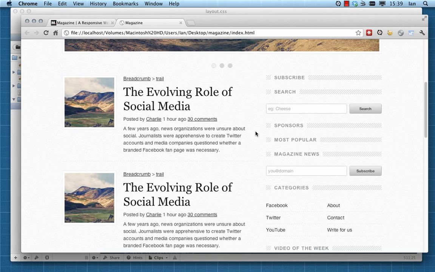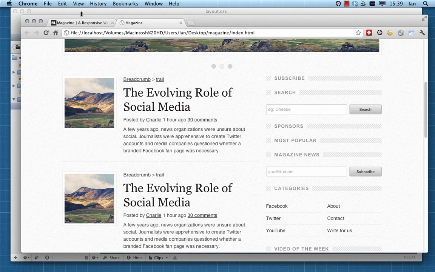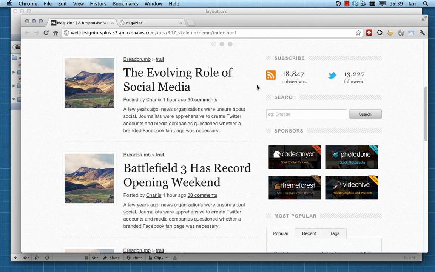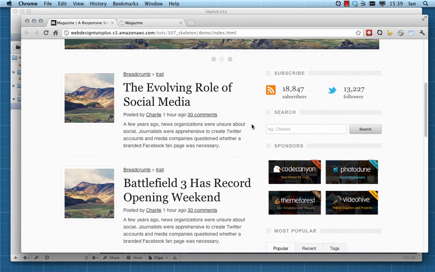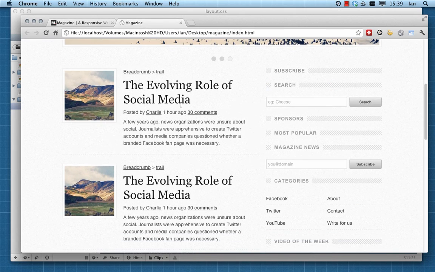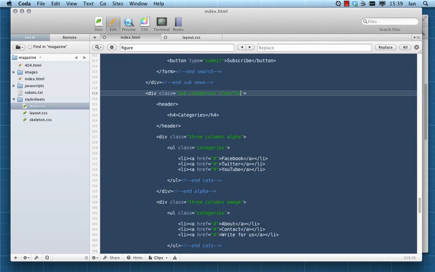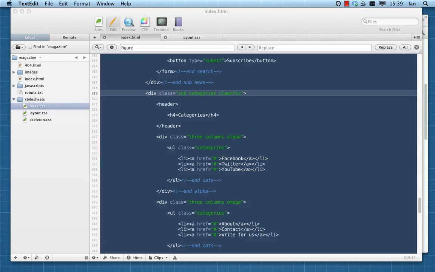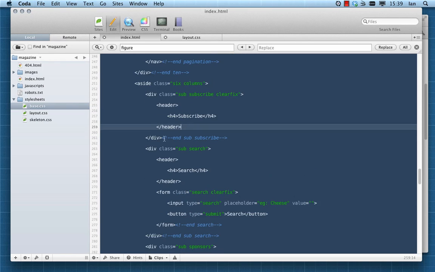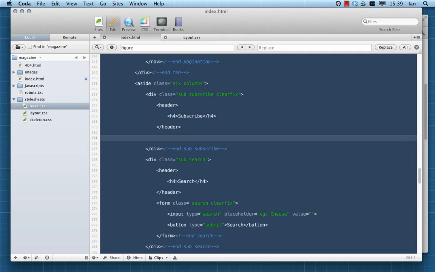Okay, so the next thing we want to do is let's take a look at our existing design. Okay, we have these tabs, we have our subscription. I'll tell you what, let's figure out this subscription thing here. That's quite a good idea. So the first thing we'll do is add some layout, add some markup, sorry. Now I want, where are we, to our subscribe area. The first thing I'm going to do is